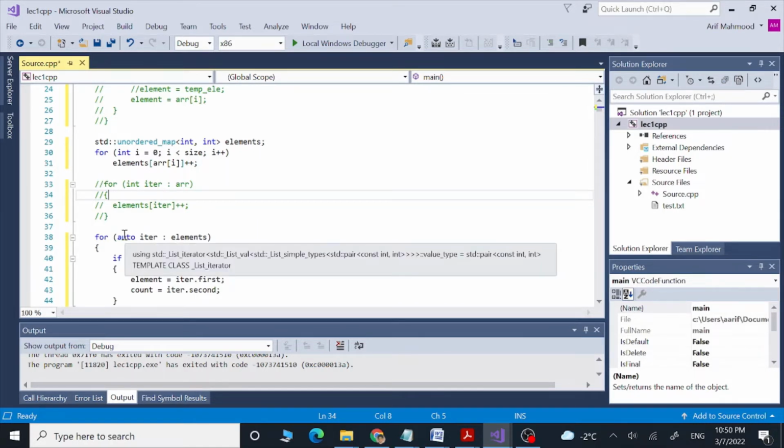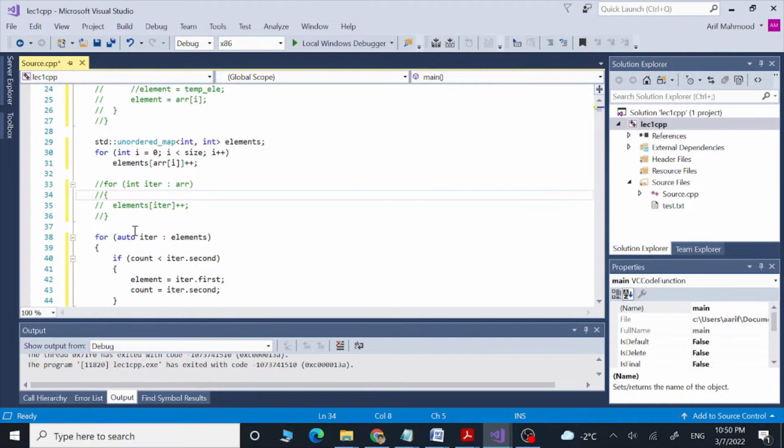And then after that we are going to run through our map using this for loop, over our whole map. We are going to say that if our global variable, which is again the count variable, is less than second, so second is going to be our count, and this is going to be the main element, this is going to be its count.